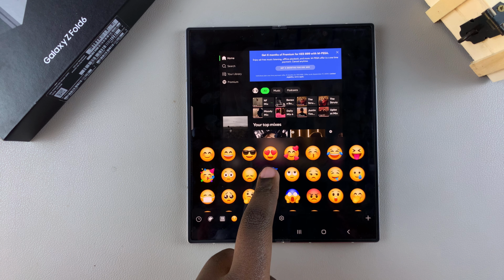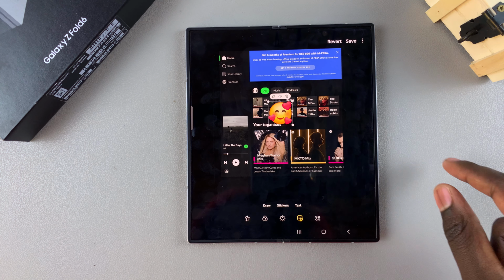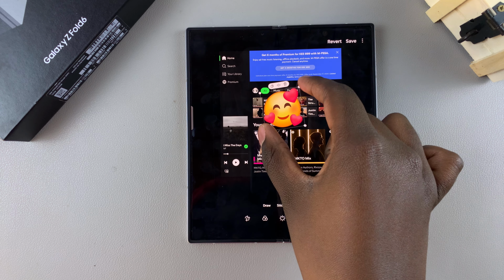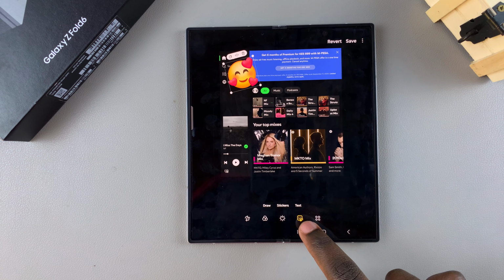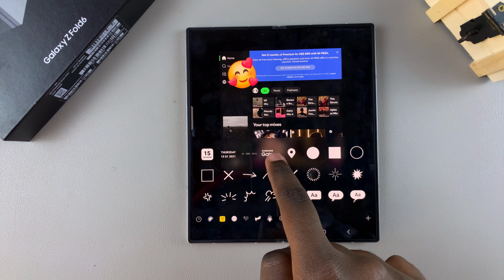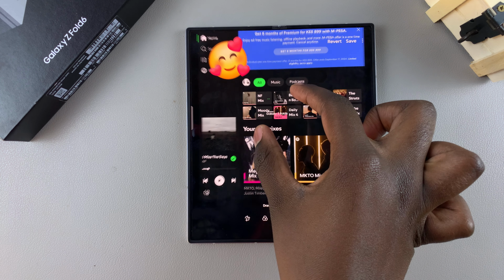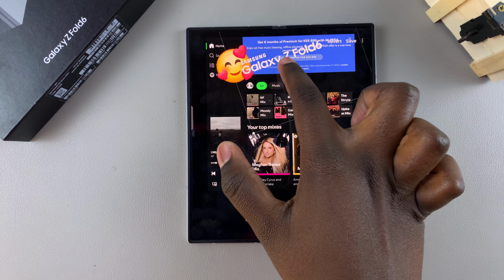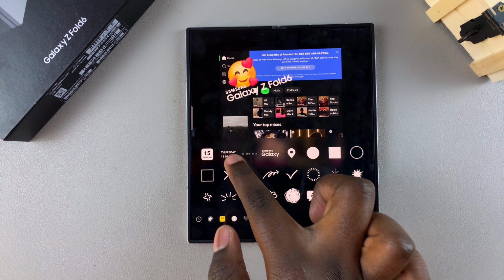So say for example you want to add an emoji sticker. You'll tap on the emoji so that it's added, and then you can use these handles that are surrounding the sticker to increase or decrease the size according to your liking. And then you can come back, tap on stickers again, and choose a different sticker that you want to add onto your photo. So I can come, select this sticker here, and then I can increase its size and then stick it right there. So it's up to you to decide which stickers you want to use and which one